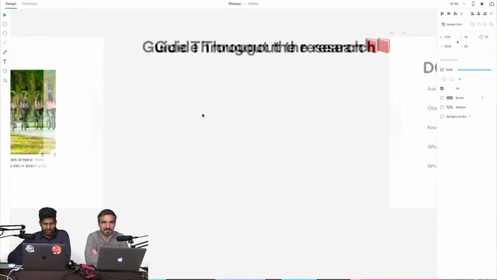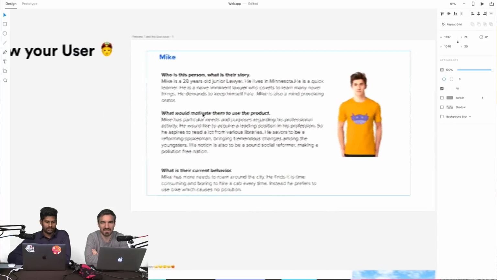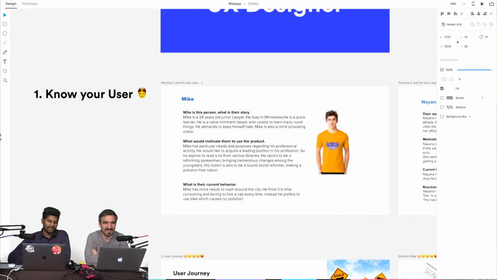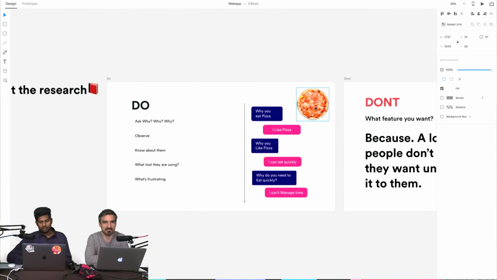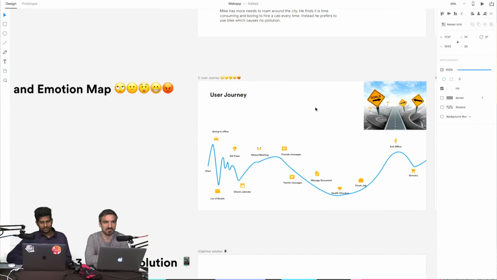I did everything in XD. I'm not going to any document writer or Keynote. I just wrote everything in XD so that I can manage things. I don't want to go to different apps. I take the text and write everything, and I put images here. The second step is to use a journey map.